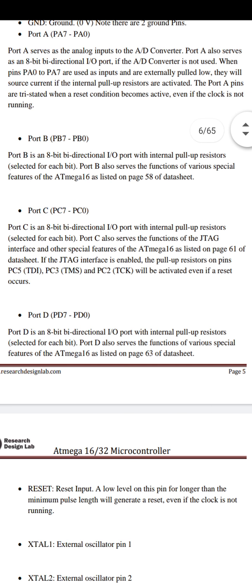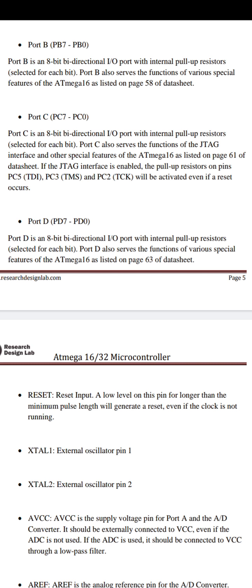Then port C, PC7 to PC0, is also an 8-bit bidirectional input output port, and we have to select the internal pull-up resistors. It also has the JTAG interfacing function, a special feature of the ATmega16. If the JTAG interface is enabled, the pull-up resistors on pins PC5, PC3 and PC2 will be activated when a reset occurs. Then port D: it is an 8-bit bidirectional input output port.